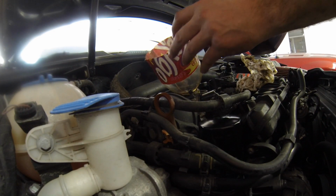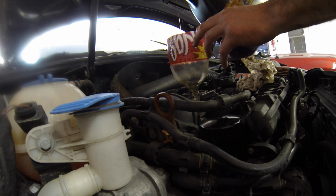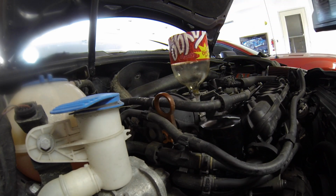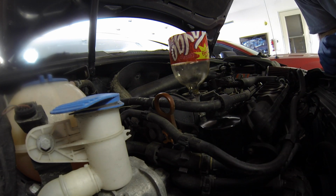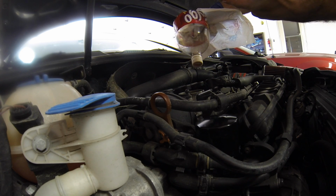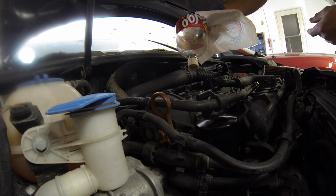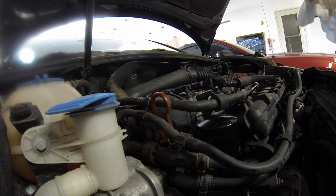Whoa, and there's a mess. Always fun trying to hold the camera and do this at the same time. There we go. Alright, I'll get some fresh paper towels for a little cleanup here. There, I've got the cap screwed on my Fago funnel there. Any 2-liter bottle works great. I recycled this. I've probably been using this thing, I bet, for at least 5 years, and it's still in great shape, works great. I'll set that aside,